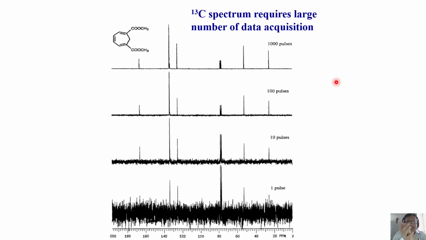I give a simple example. Of course, nowadays things have become better with the high frequency spectrometers and the electronics is different. There is a change in electronics. The NMR methodologies we are using to do the experiments have improved so much. So many sophisticated experiments we can do. We can do faster, no problem. But still, if I take proton spectrum in 1 minute, carbon-13 will take at least 15 minutes to 30 minutes, depending upon the concentration and the number of carbons you have in the molecule. So yes, basically relative to proton, carbon is time consuming.